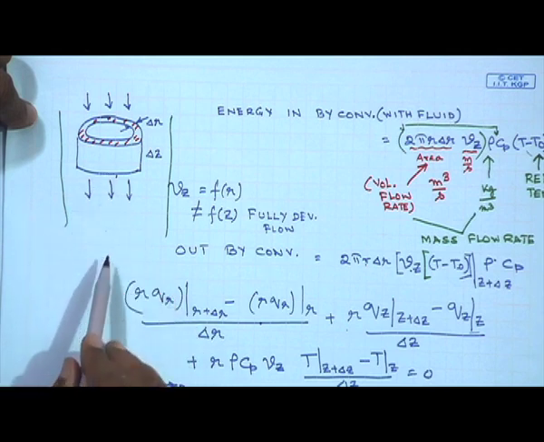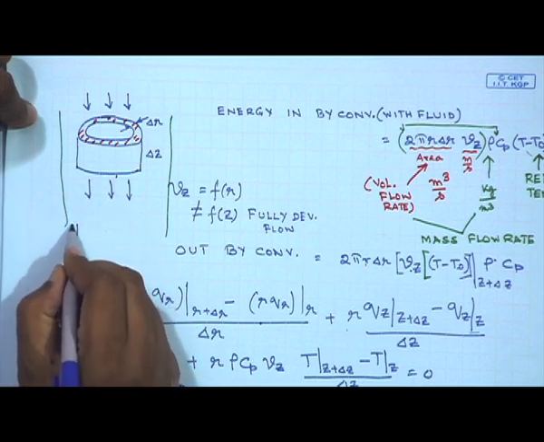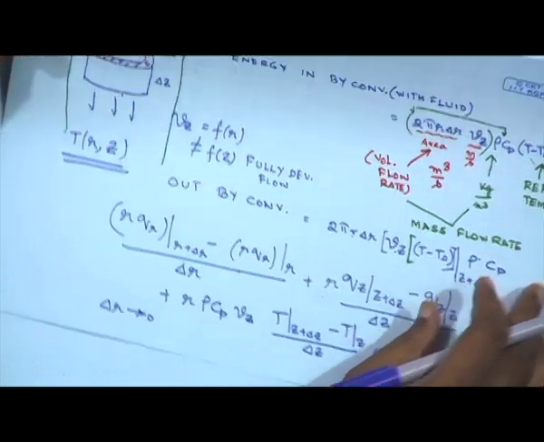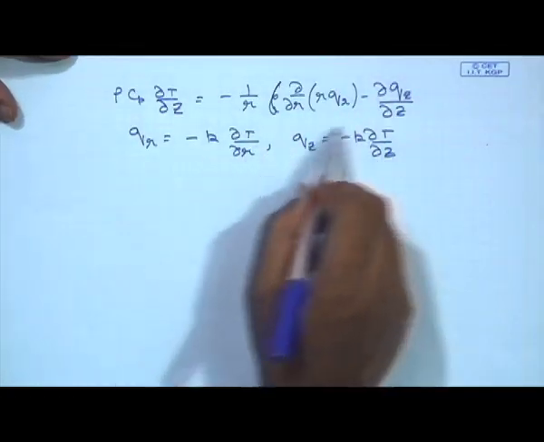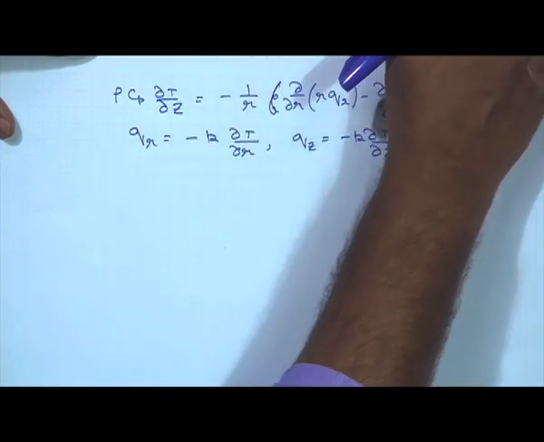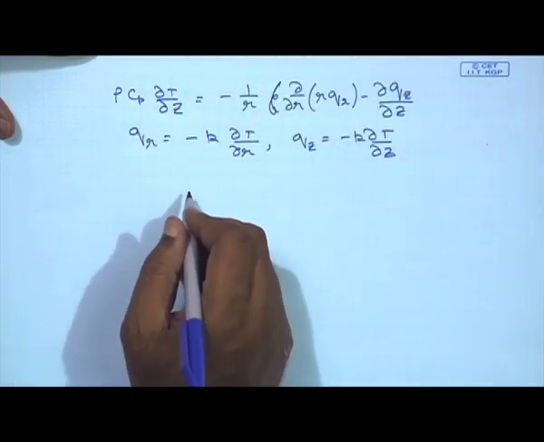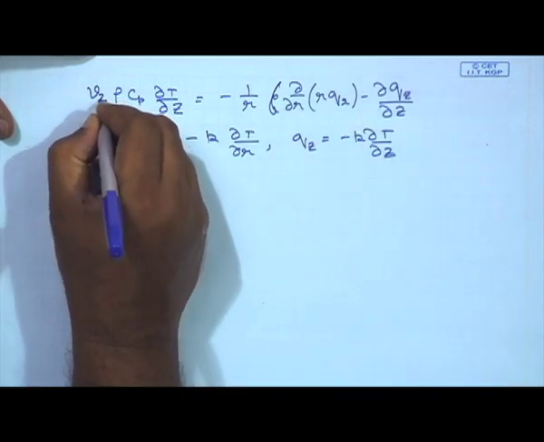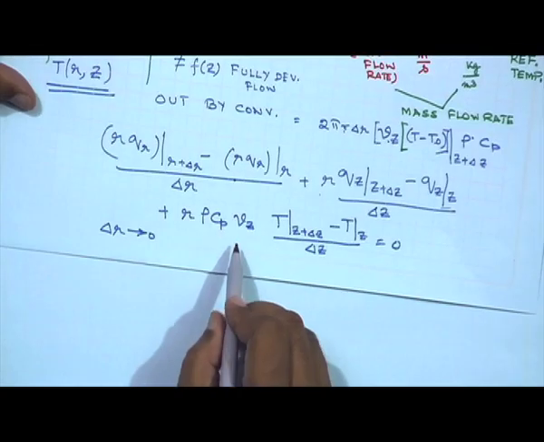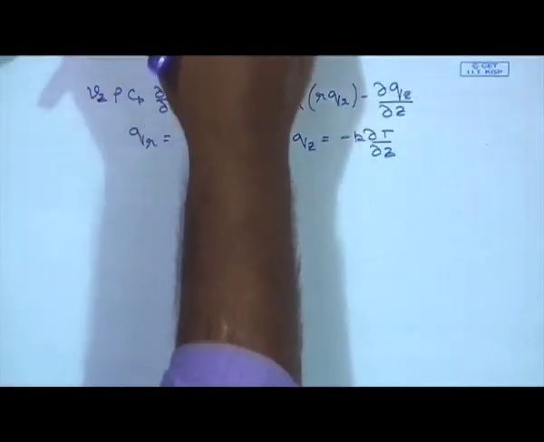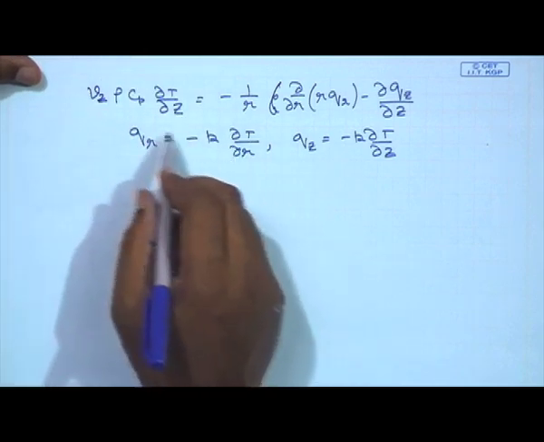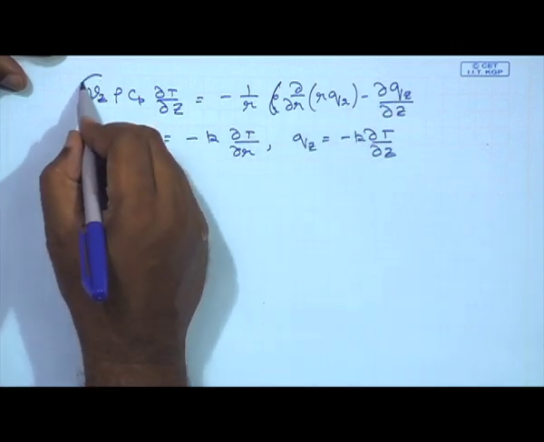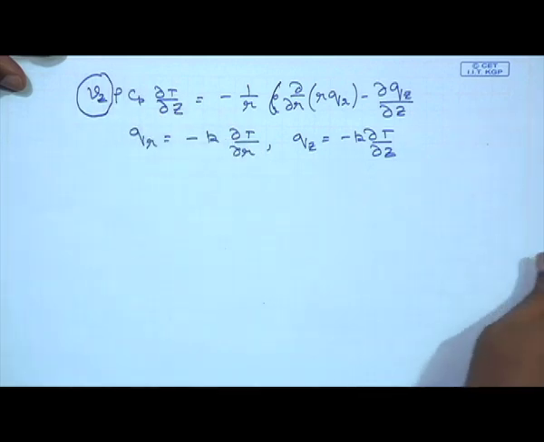So, T is a function of z and T is a function of both r and z. This is something we have to keep in mind, and therefore I write this equation, putting the Fourier's law in here. I am sorry, I missed a Vz in here. This Vz should also come in here. So, when you put the expressions of Qr and Qz on the right hand side, and for Vz